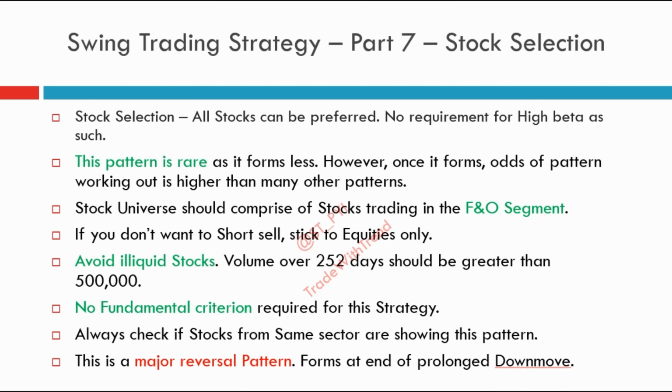It can be stocks comprising the FNO segment, or in case you don't like short selling, you can just stick to equities only. One volume criterion that you can add just to avoid illiquid stocks is that over a period of 252 days, the average volume should be greater than 5 lakhs, or 500,000. Again, no fundamental criteria is required, but in case you want, you can experiment with good fundamental stocks,